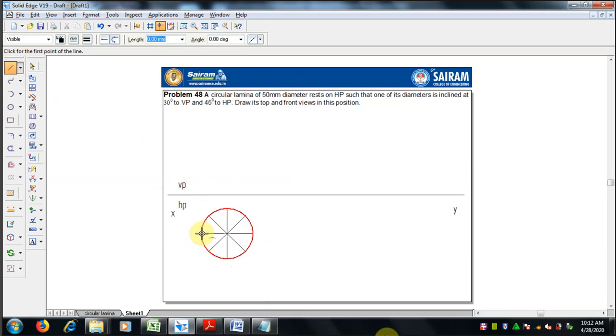You can project the lines. This is the top view, it is over. Now we have to draw the front view. So to draw the front view, we have to project these lines to the XY reference line.